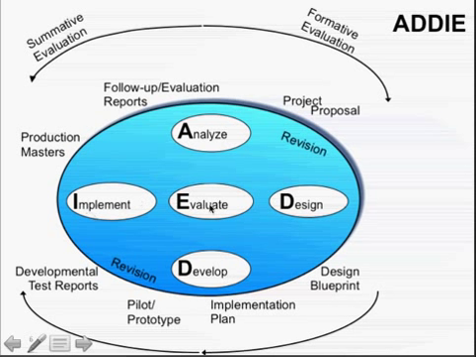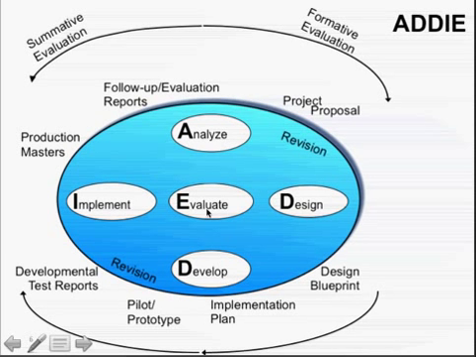Lastly, we have evaluate. You notice it evaluates right in the middle. The suggestion here is, rather than think of ADDIE as purely a linear step-by-step process, in fact, the ADDIE process can be quite iterative. And evaluation is sort of the connecting point for all of this. We might do some analysis, and then we need to evaluate, are we still on the right track? And so on continuously throughout the entire ADDIE process. It's not just step by step, we go through each step, we do it carefully, and by the end we're done. More realistically, it's quite an iterative approach.